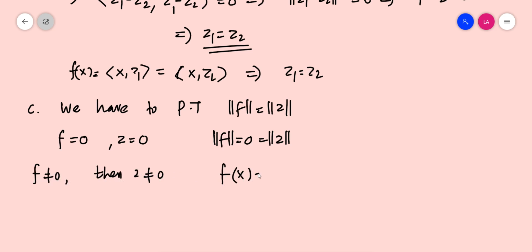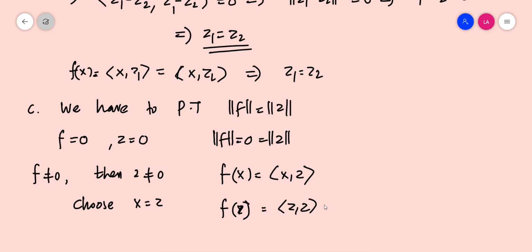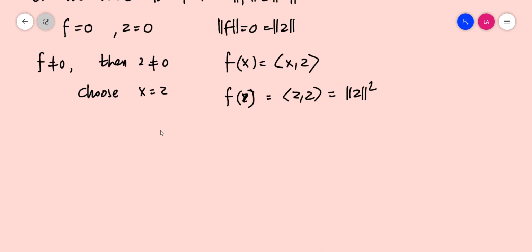And we can write f of x is of the form inner product x z, z is non-zero, x is an arbitrary element. Choose our x to be z. So f of z is inner product z z, which should be equal to norm z the whole square. Or in other words, norm z the whole square should be equal to inner product z z, which should be equal to f of z,